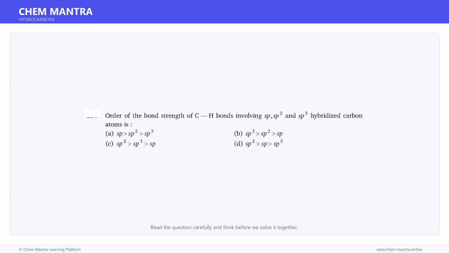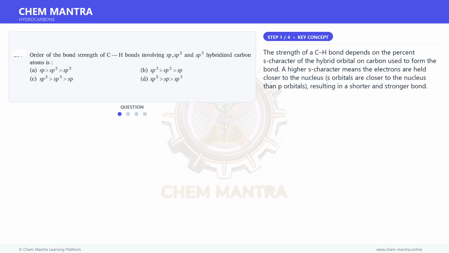Here is a question. Read it carefully and think about the answer. Let us solve it step by step. Let us first understand the key concept here. The strength of a C-H bond depends on the percent S character of the hybrid orbital on carbon used to form